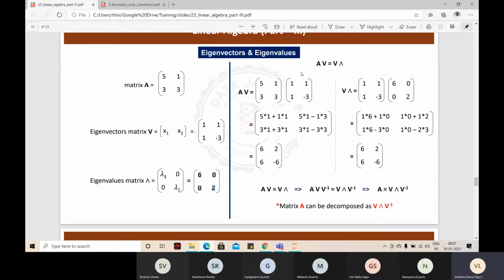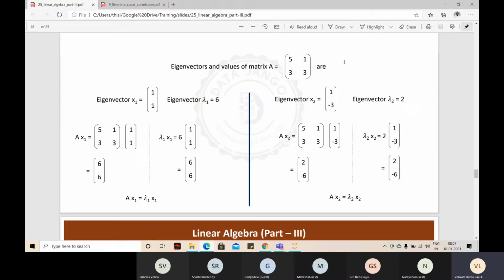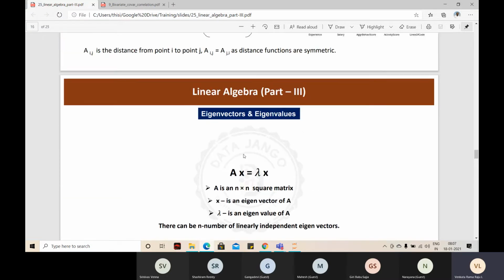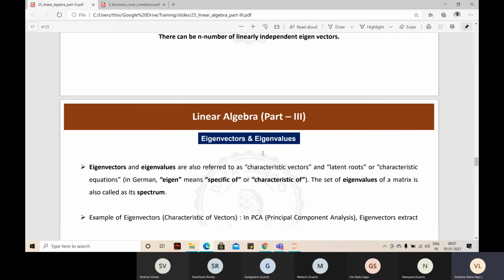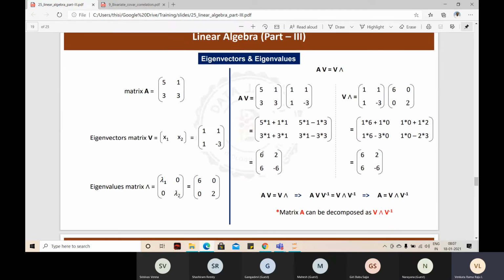So right hand sides are equal, left hand sides are equal. See, AV is equal to V lambda. So this is the same thing, right? If you see AX is equal to lambda X or AV is equal to V lambda, both are the same. We just formed them as a matrix and then I am trying to multiply that. Okay. The point we are trying to understand here is